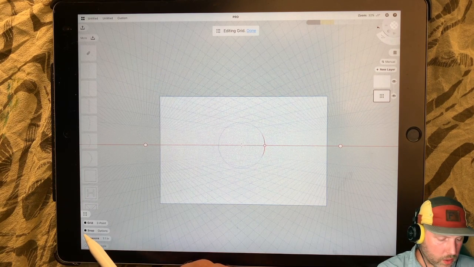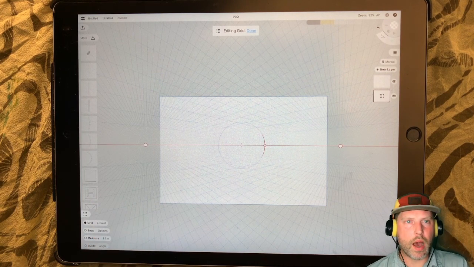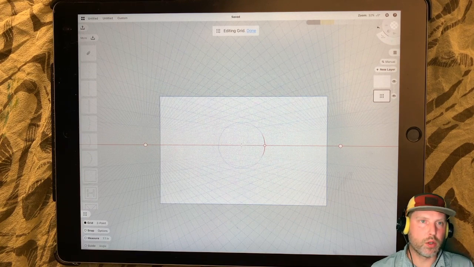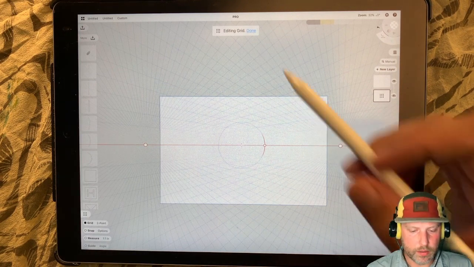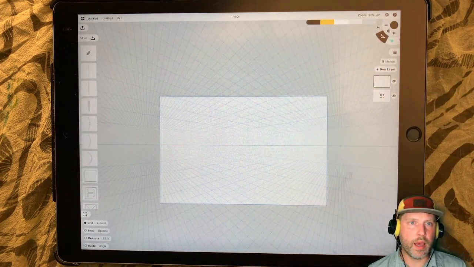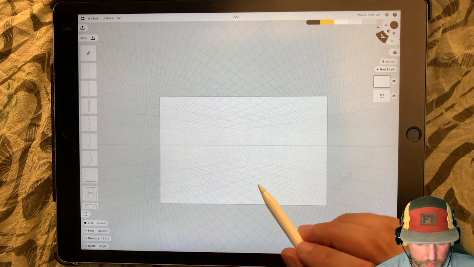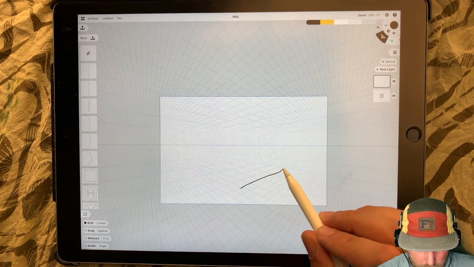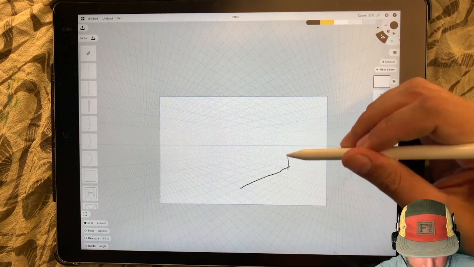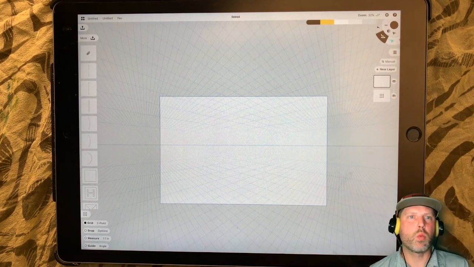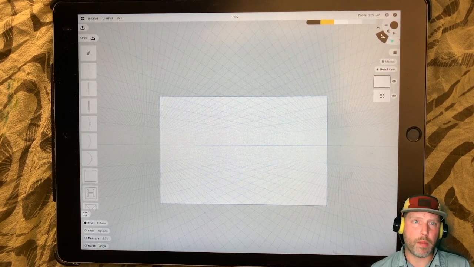But I do want to show you a little bit about how to make your pen follow this grid no matter what you're doing. Now you have to make sure after editing the grid to hit done. And I just want to draw on this. I do not have snap turned on. I do have grid turned on. And what that's going to allow me to do is just draw and freehand follow the grid. Now, I'm just going to erase those lines. What if I wanted those lines to be perfectly straight and always follow my perspective grid?